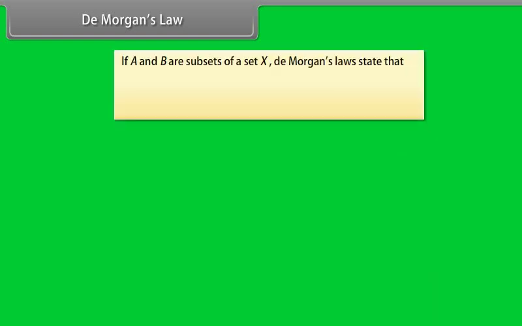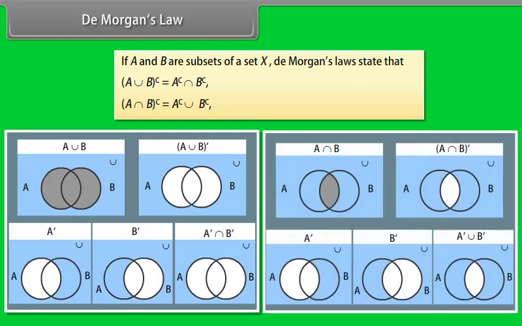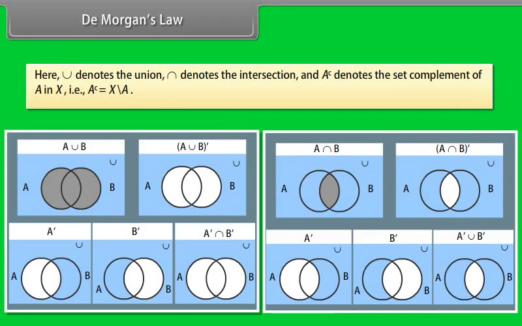If A and B are subsets of a set X, De Morgan's law states that complement of (A union B) is equal to complement of A intersection complement of B. Complement of (A intersection B) is equal to complement of A union complement of B. Here, this denotes the union, this denotes the intersection, and this denotes the set complement of A in X, that is,